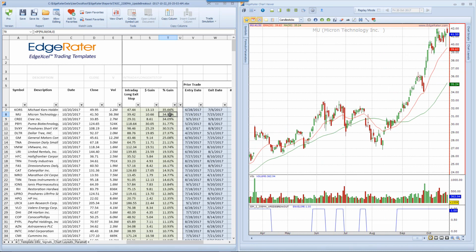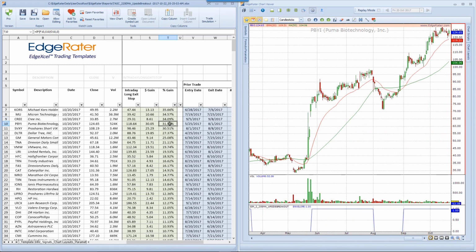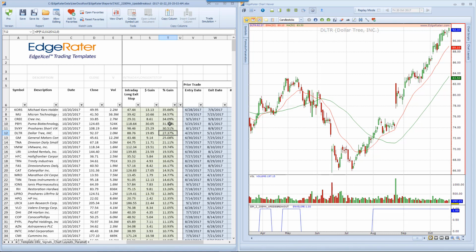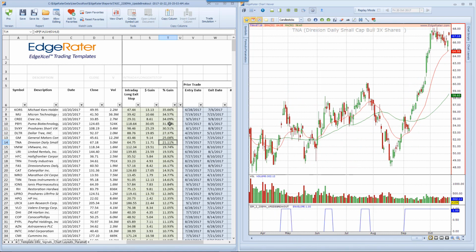Micron looks like it had a reasonable week. Cree had a great week with this big move up here on the Wednesday. PBYI looks like it's sort of even for the week, and so on. We can see all the way down through the list the ones that are currently in open trades that are doing really well. Now what I've done before is show the stocks from this system that closed during the week,